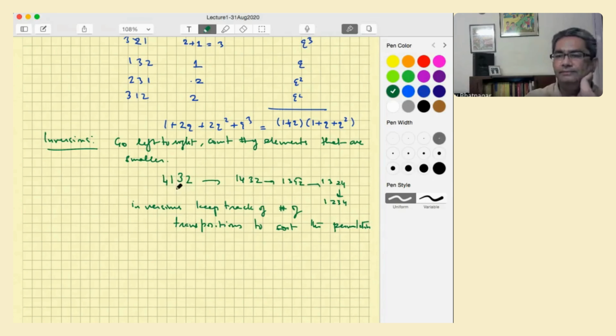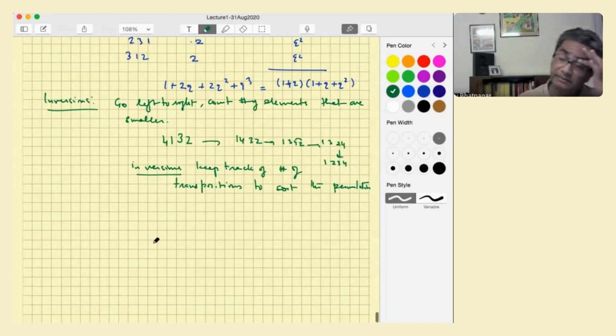Do you get that? Is this clear? So here 4 has to be flipped with 3 of them. Then 3 has to be flipped with 1 of them, and you do that. And the total number of inversions is the number of times to track. So I mean, you can see why they come up in computer science.